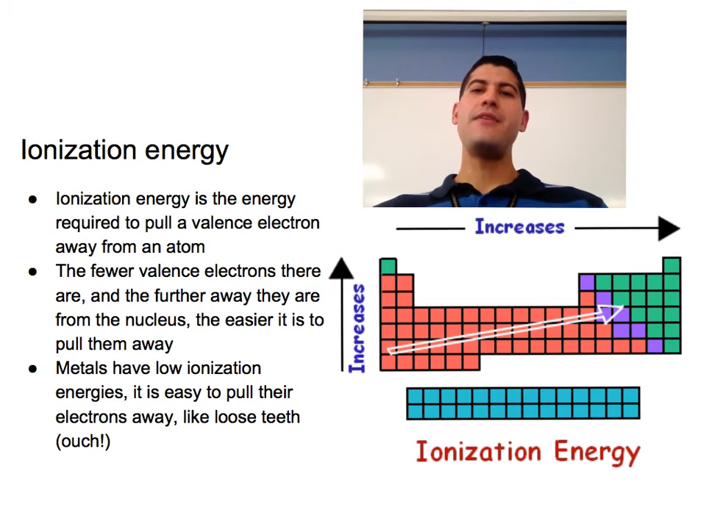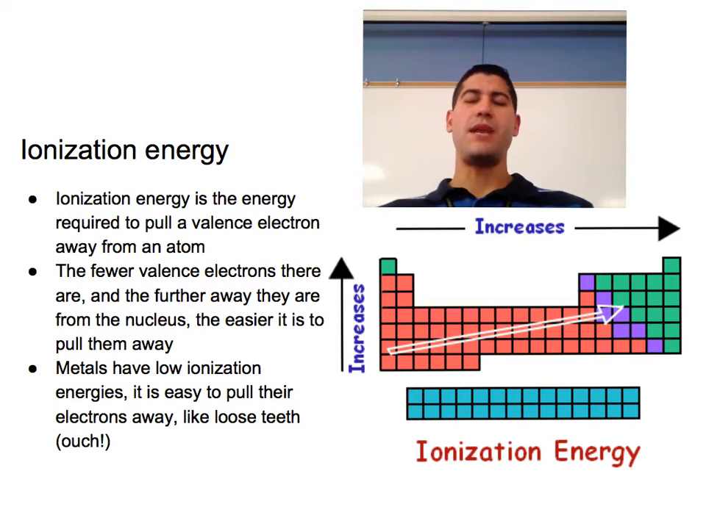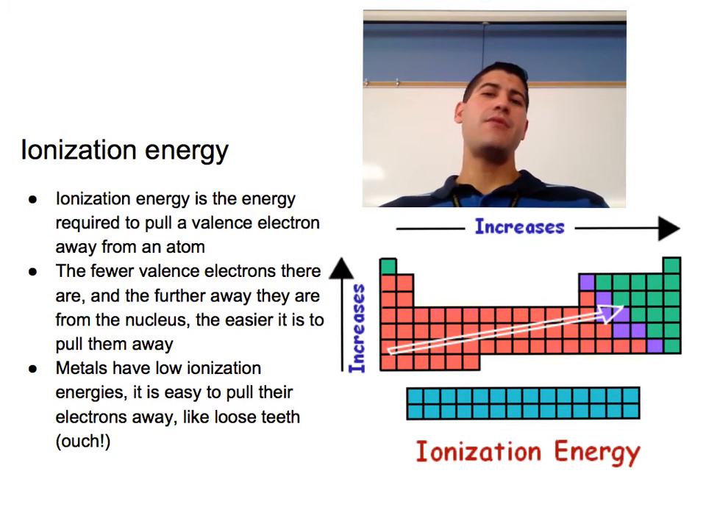All right, now that we've discussed the size of atoms, ionization energy should make a lot more sense. Don't let the term intimidate you. It sounds fancy, but it's very simple. Ionization energy is the energy that it takes to pull away a valence electron from an atom during a chemical reaction. Ionization energy is directly related to the size of an atom because the